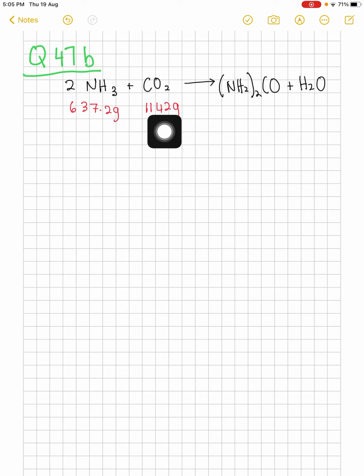Here we don't know which is the limiting reactant, so we need to find the limiting reactant first. First of all, we need to find the mole of both reactants. For example, mole of ammonia is 367.2 gram divided by 17 gram per mole, equal to